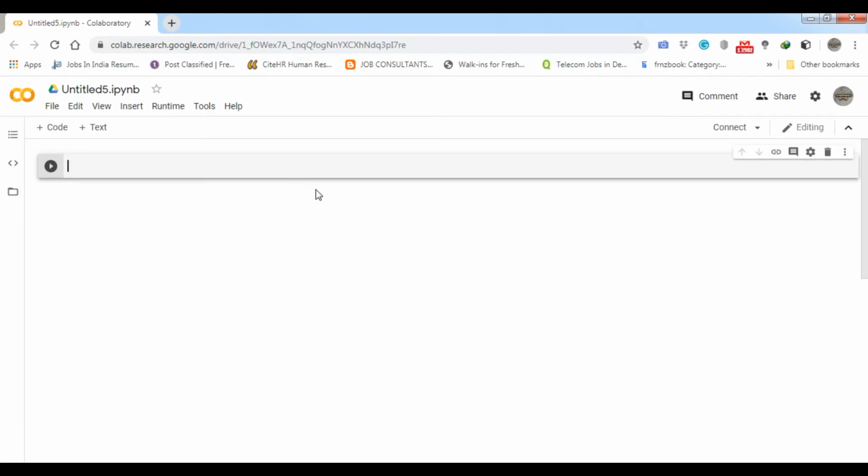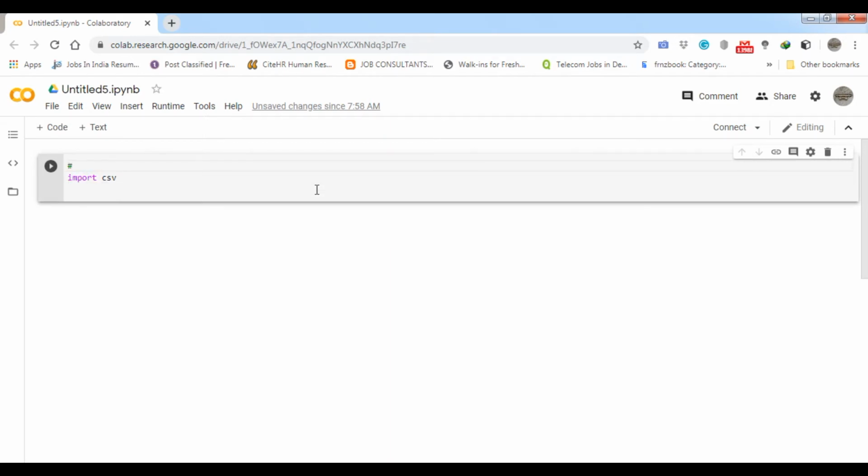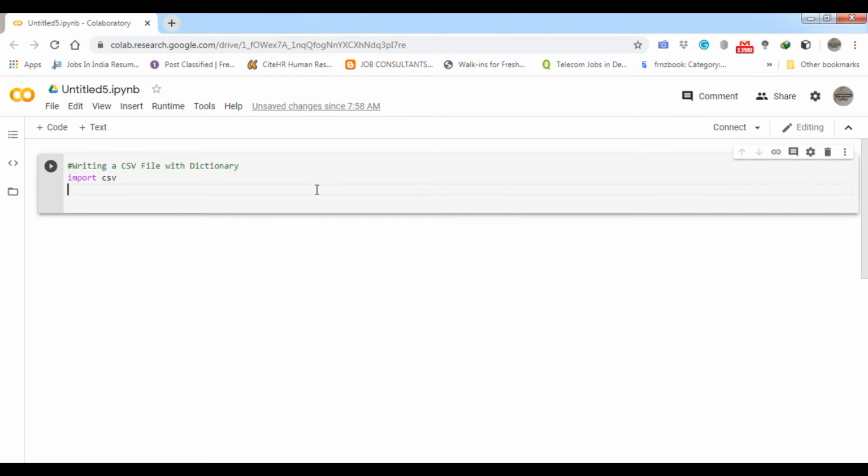So now I'm going to import the CSV module, and I will add a comment, writing a CSV file with dictionary. Okay, now I have imported the CSV module.